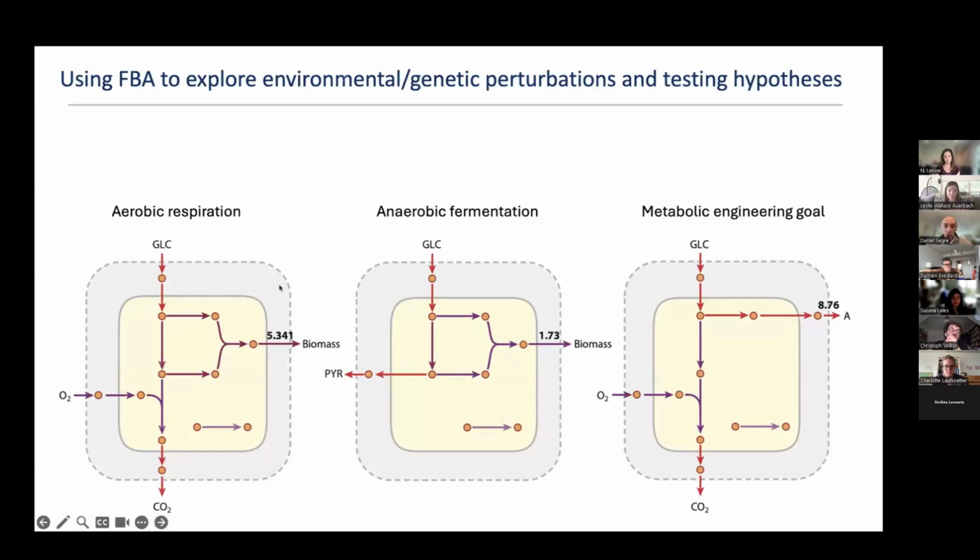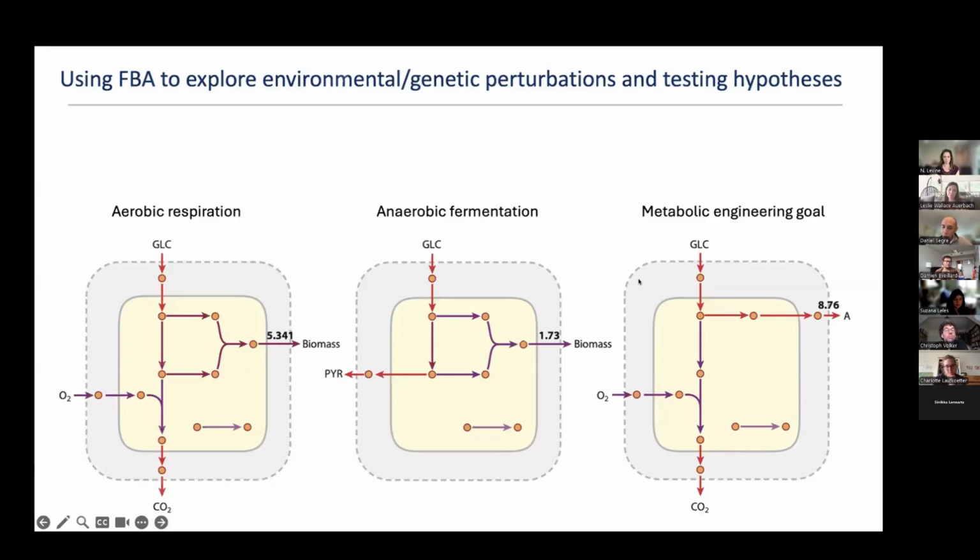And you can easily change the constraints. For example, remove oxygen from the model, and now you'll find that the organism will ferment, produce some fermentation byproduct, and produce a smaller amount of biomass. You can change the objective function. Often, flux balance analysis is presented as a method for maximizing the biomass production, and that's usually how it's used, but it's not the only way to use flux balance models. For example, in metabolic engineering, where this method originated, one can ask what is the ideal maximal yield of producing a certain metabolite, for example, this molecule A.